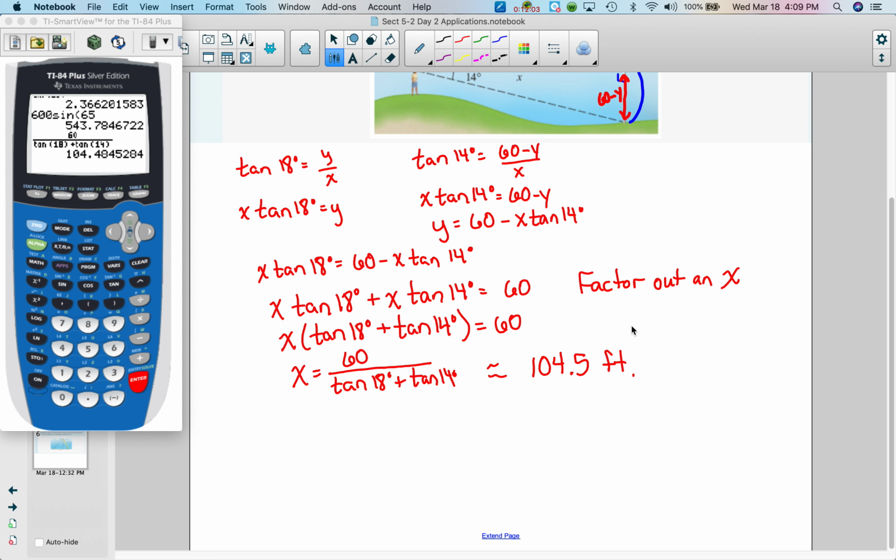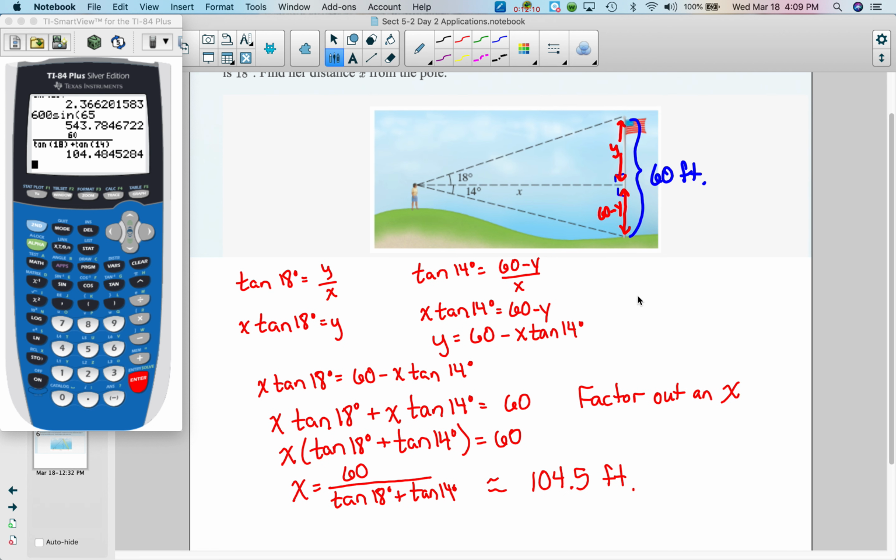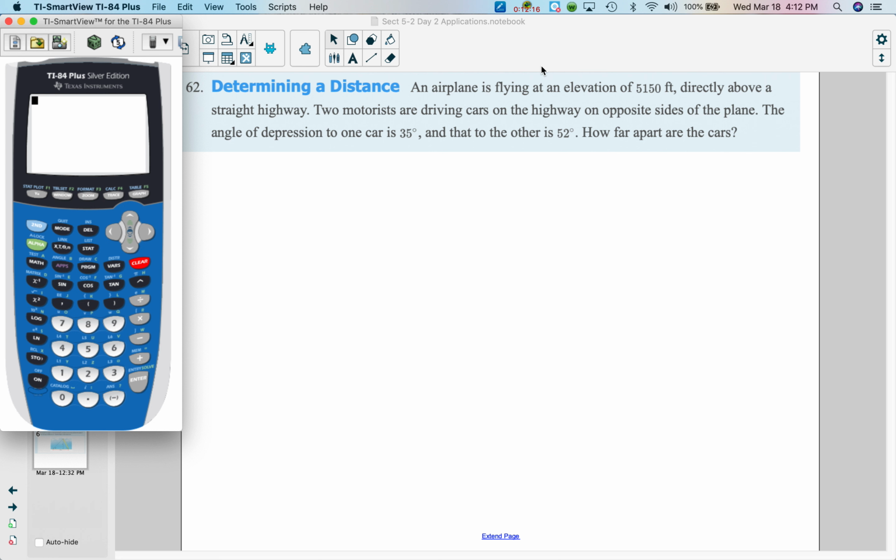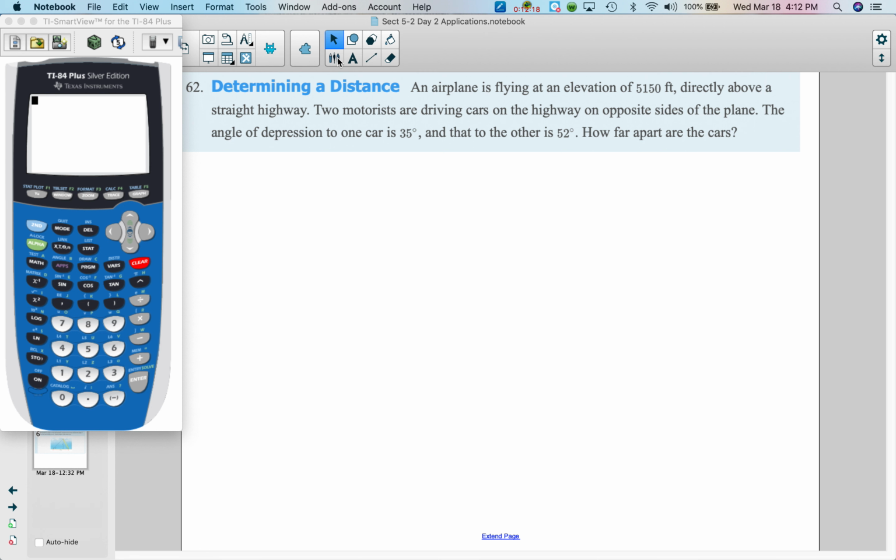And this would be feet. Definitely a more complicated problem, but still going back to our picture and making right triangles and just a little bit more involved mathematically. All right, going on here. So for this one,